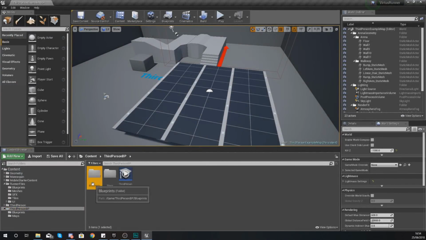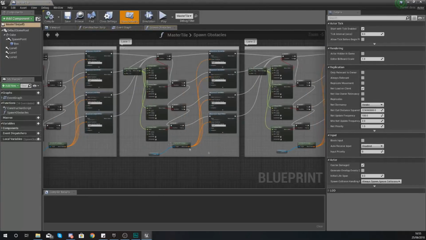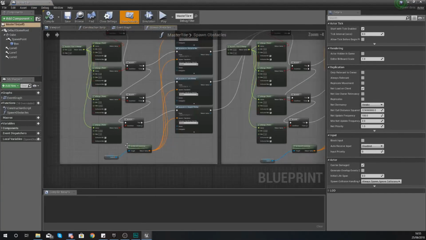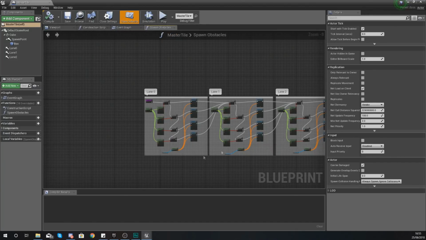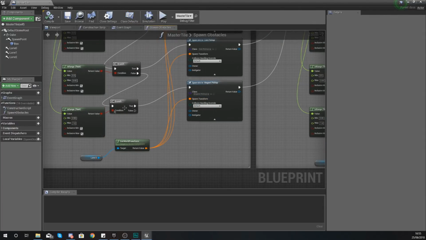The way that we're going to do this is open up our blueprint for our master tile, which is under runner files and blueprints. Within here, what we're going to do is just add another one of these little lanes like we did for lane 0, 1, and 2. So what I'm going to be doing is adding another branch at the beginning here,